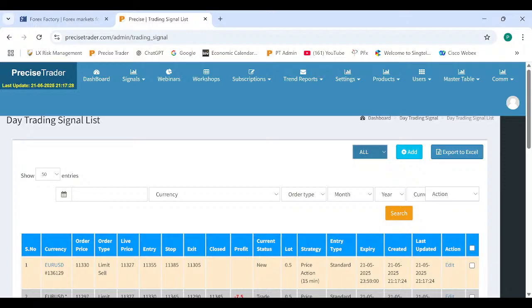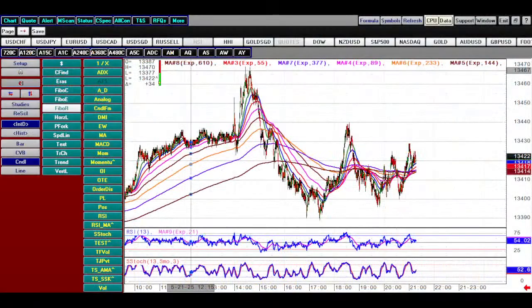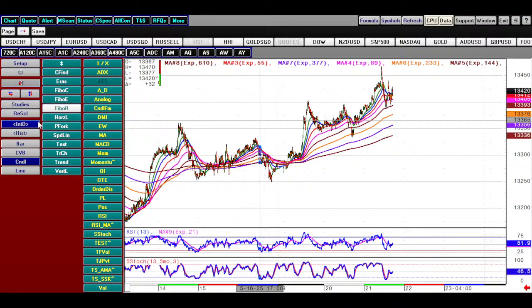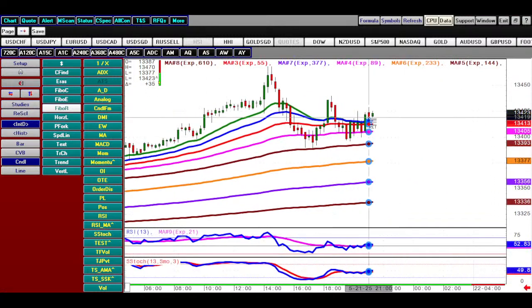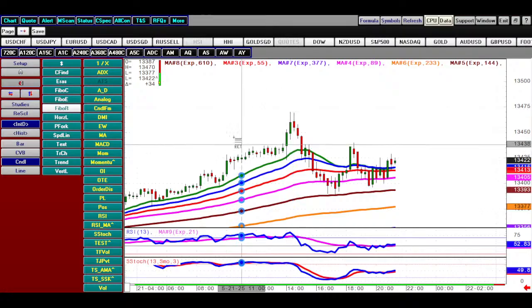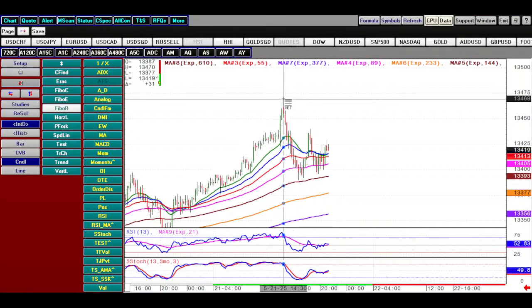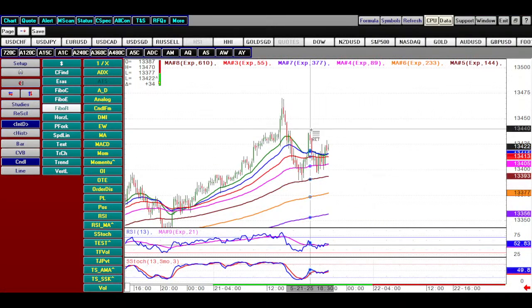Okay, now let's see the pound. Then dollar yen. Okay, so the pound, if we look at it, most likely we may have seen the high. So what we will do is we'll try to sell at 34.40,